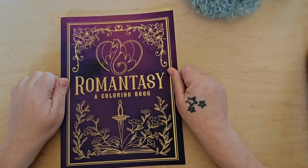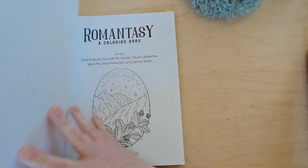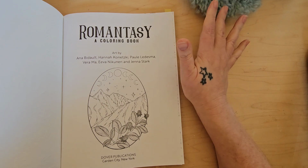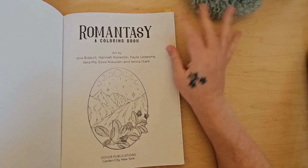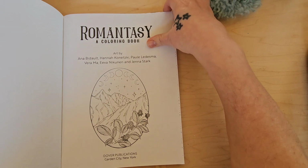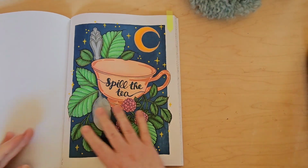Next up, I have a page in Romantasy, a coloring book. This is a Dover Publications. Again, an untouched book. There's a few different artists. They're all listed here. And I did this page, which I believe...